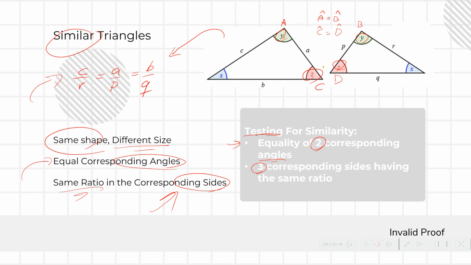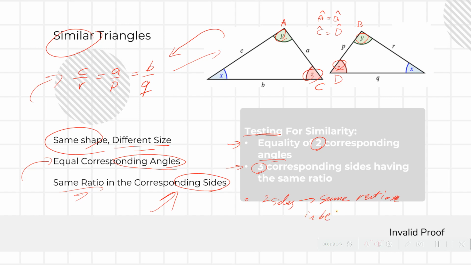Okay, so in the first one, we know about the angles and we can use this ratio. But in the second way, it's the other way around. We know about the ratio and we can deduce that the angles are the same. There is another way to test for similarity, which is two sides with the same ratio